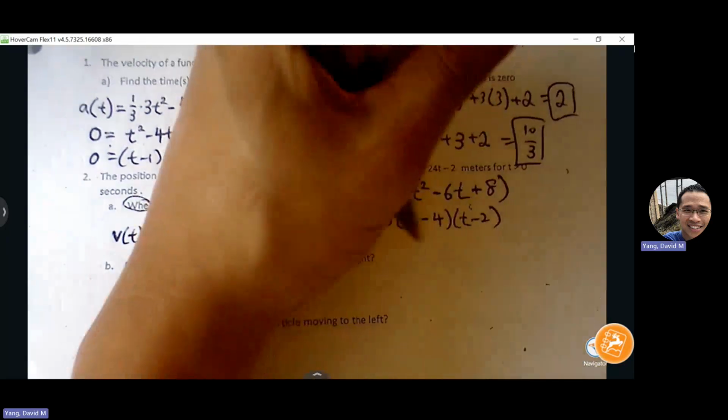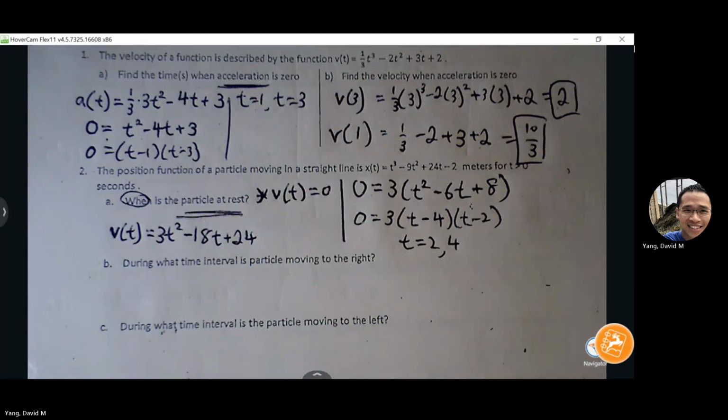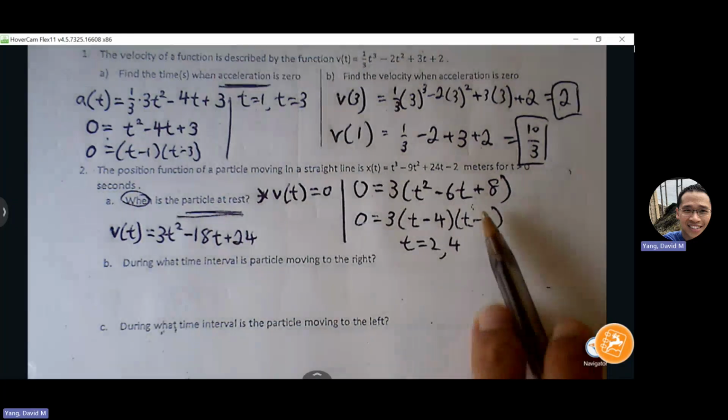2 and 4, right? And you're able to keep both of those answers too. I'm sorry? You're able to keep both of those answers too. We'll keep both of them, because they're both t values greater than 0. So